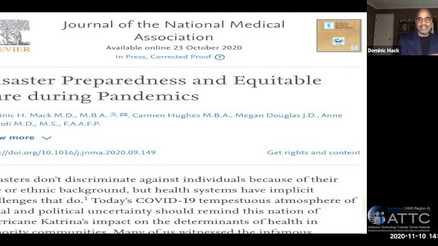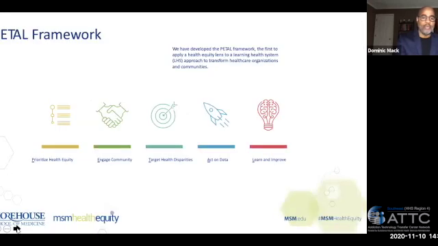And as we go into these disasters, pandemics, and these emergencies within communities, the health system has to plan to implement differently and develop specific strategies with those communities, those disproportionately impacted communities, because the needs are different. And that's what this model does. So whether it's with substance use, chronic diseases, we use this PETAL framework where we prioritize, engage, target, and act, and then learn. Prioritize the needs of the communities. What are those communities we need to engage, but how should we engage the community? And that, of course, working with partners who understand the community, but also working with community members to see what